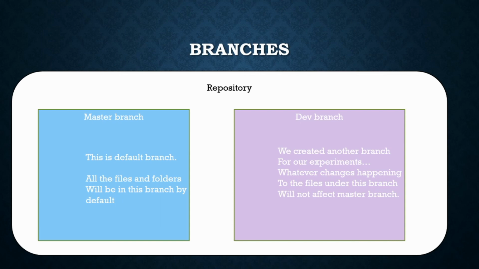So I hope you are getting that hierarchy of Git, right? We have a repo. Inside the repo, we have branches. Each branch will have a separate purpose. By default, we have a master branch. We can create as many branches as we want as per our requirement, and we can play with the files on different branches without affecting the same files under another branch. I hope you're following. So I will stop here today.